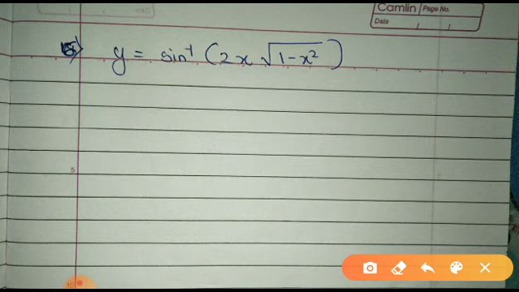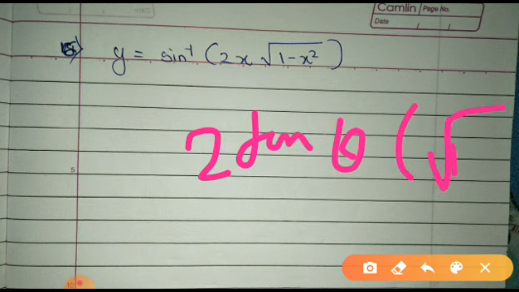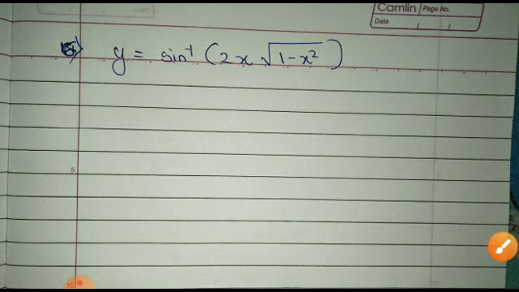Now you might have seen previously that you substitute x as tan theta. So here, should I substitute x as tan theta? Just check. It will be 2 tan theta into root of 1 minus tan square theta. Do I have any identity? No. So in such questions, don't substitute x as tan theta. Observe it: if it resembles a direct identity in terms of tan, in that case you have to substitute x as tan theta.